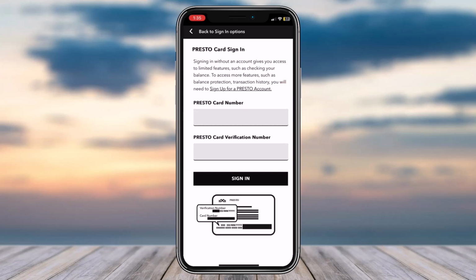After that, you will be taken to this page where it will basically ask you to enter your Presto Card number. Now you can find this number on the back side of your Presto Card and also the Presto Card's verification number. Now once you've entered both of these, simply tap on the option sign in,